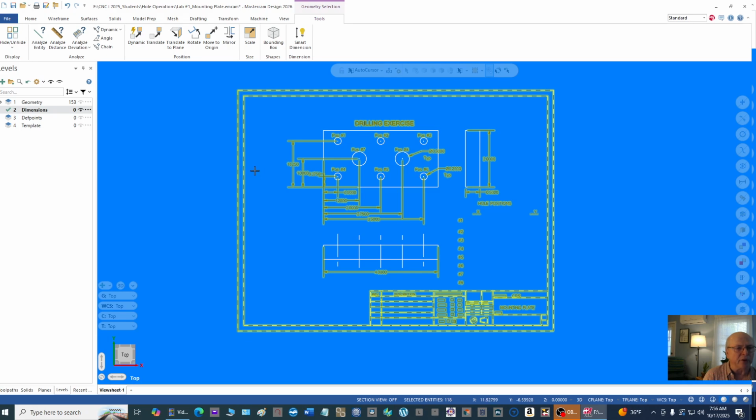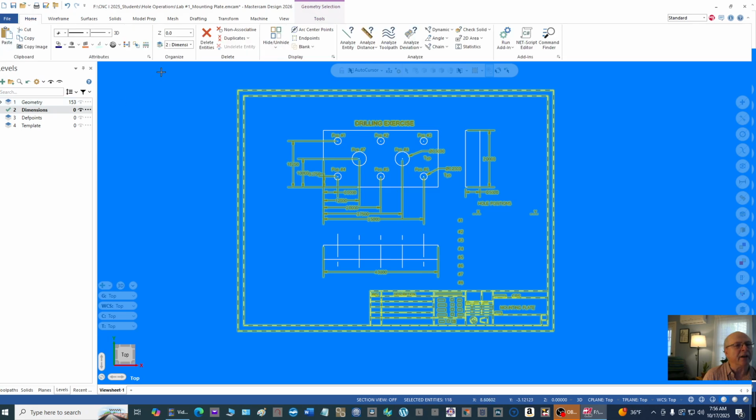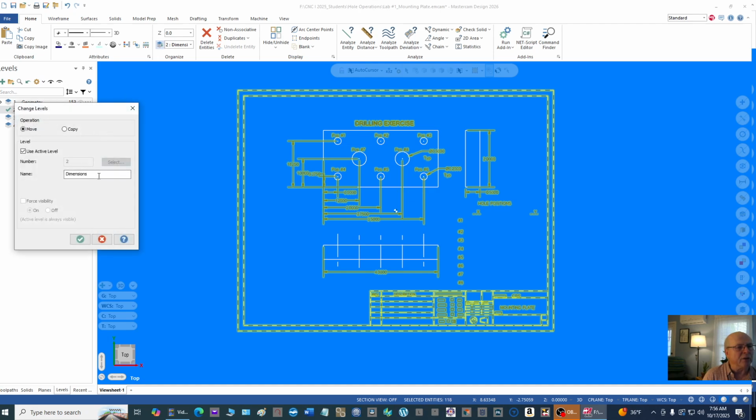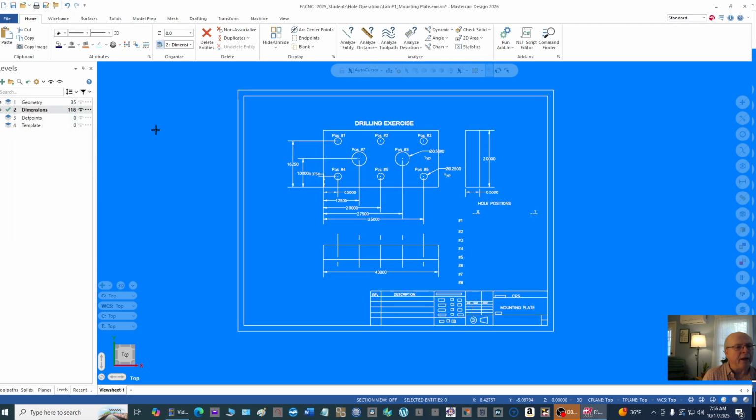So now what I want to do is go back to home position again, and pick up this little icon, change level. It's already set to dimensions. And I want to move everything there that I've collected, okay? And so I just need to now hit OK. And then you will see now that I have collected 118 entities under dimensions, and I still have 35 left